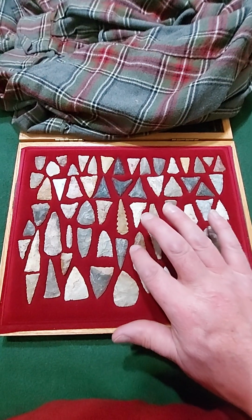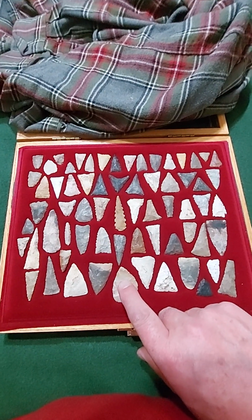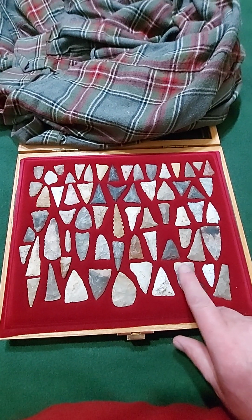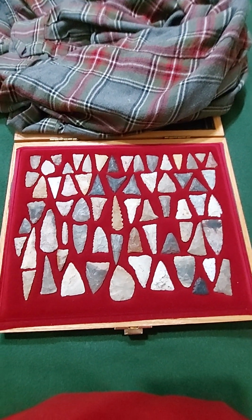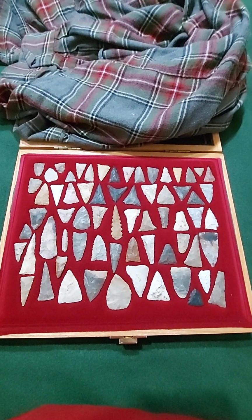Sometimes you'll find a piece like this, and this knife right here. And I'm trying to see. There's this here probably. Those are Carter Cave flint from northern Kentucky. Never been to the source or tried to find that Carter Cave material, but you do find it showing up